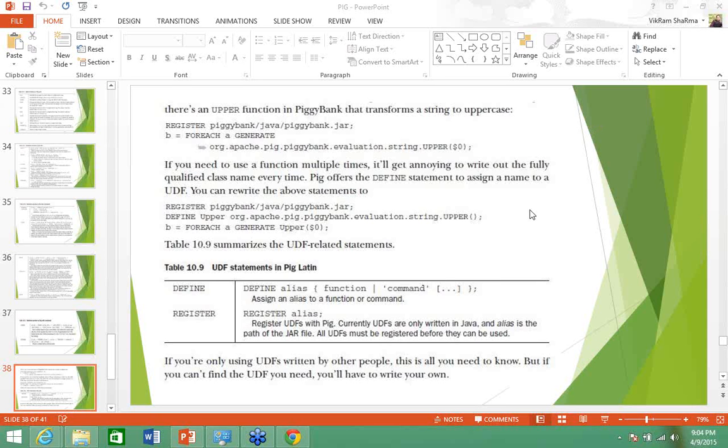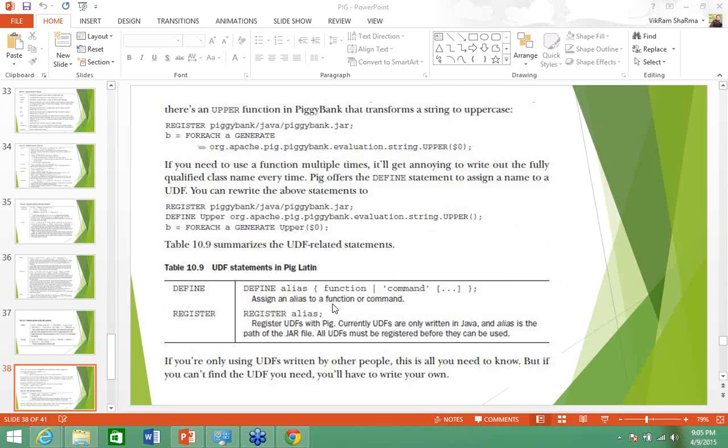Some examples for the user-defined function, known as UDF in Pig Latin, you may be able to see on the screen: that is register, and one more function is define. This define is simply used to define something.